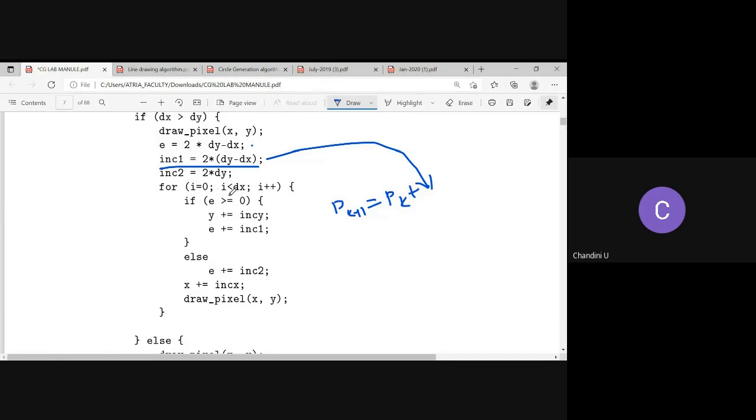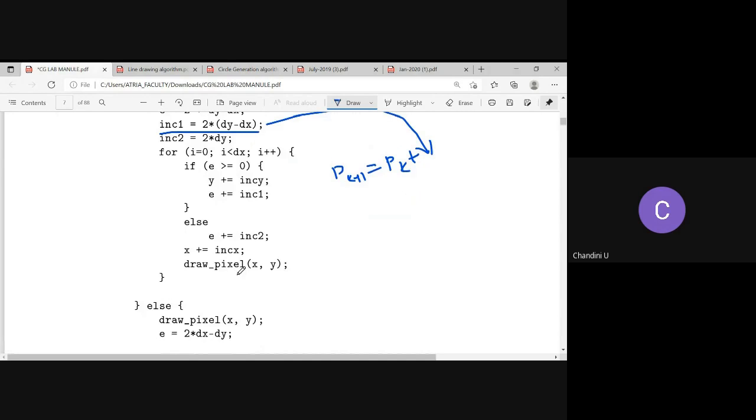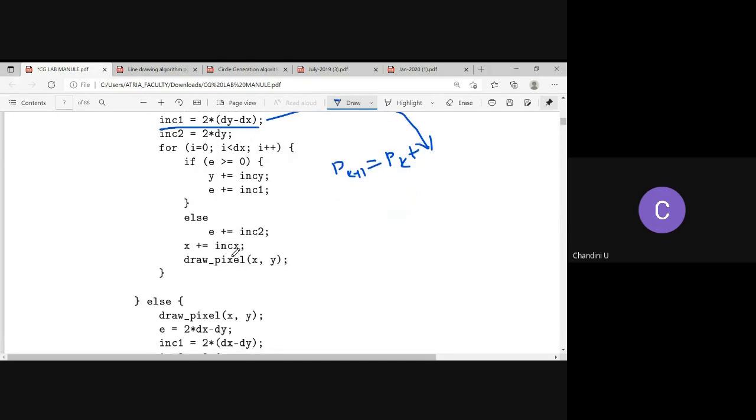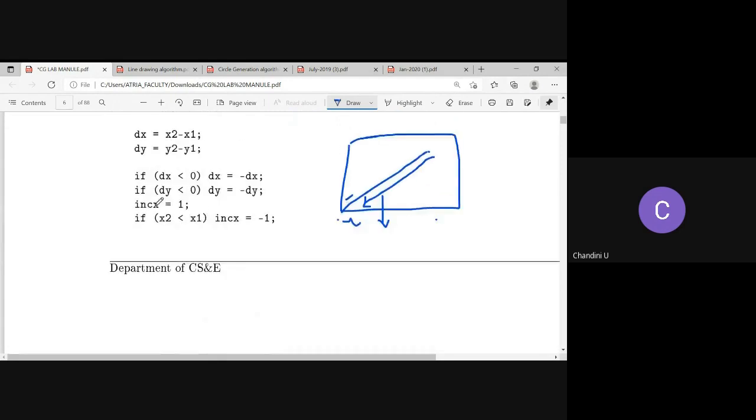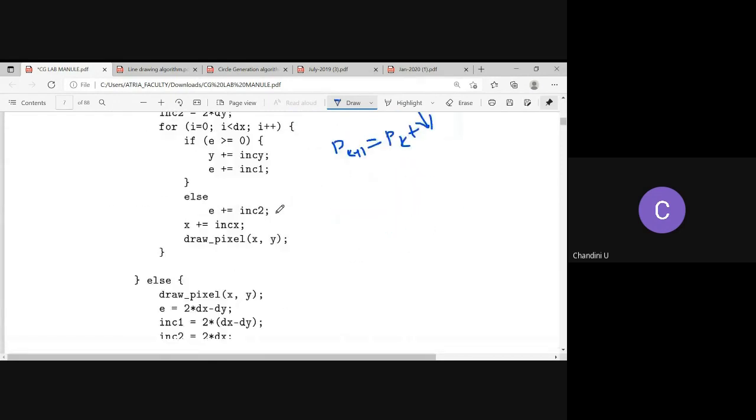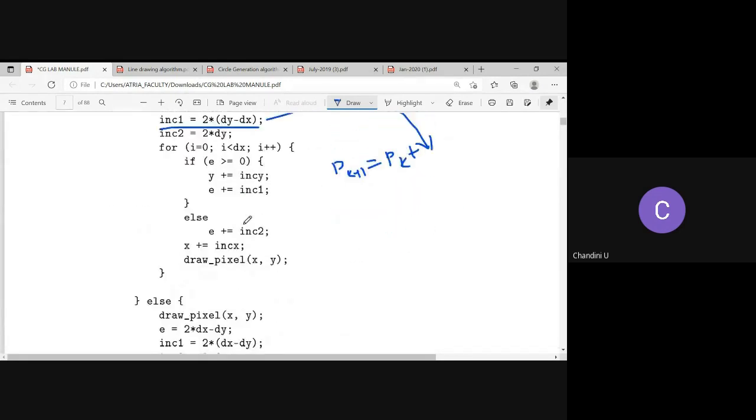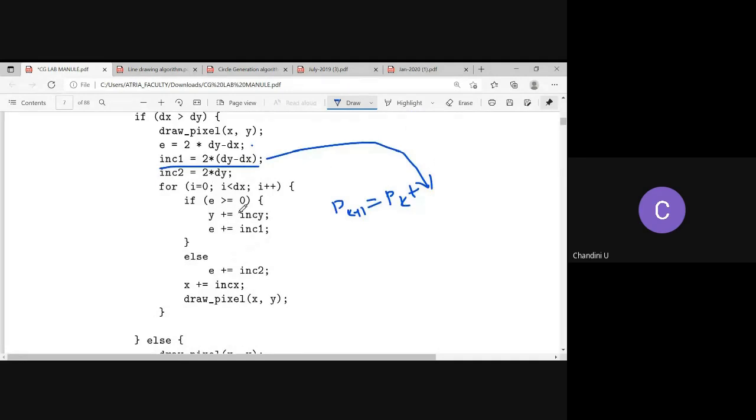If it is less than 0 or if it is greater than 0, obviously we will increment x within this for loop. So x equal to x plus increment x. Increment x is nothing but what we have already stored as 1, if you remember. So this x will be incremented in either of the two cases.